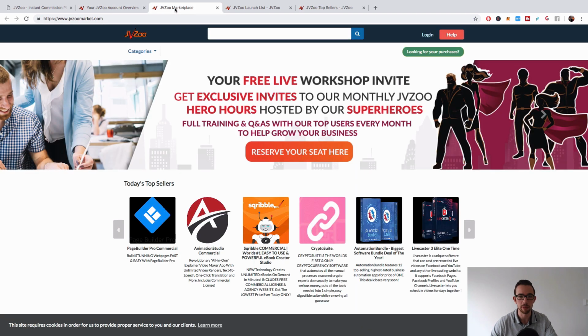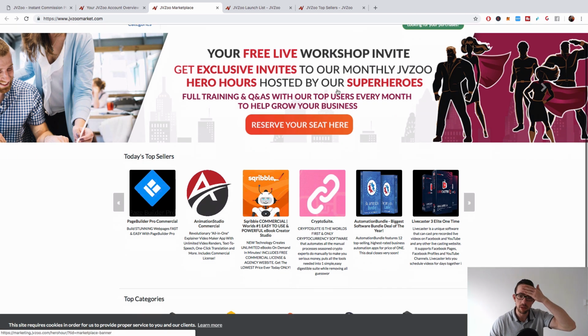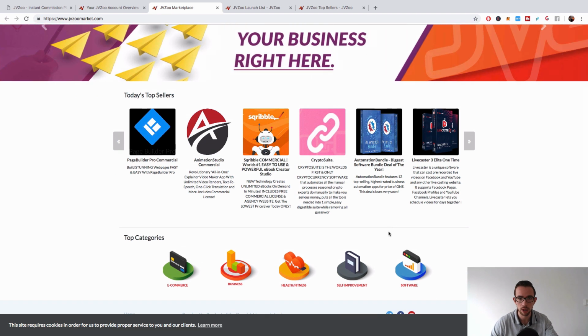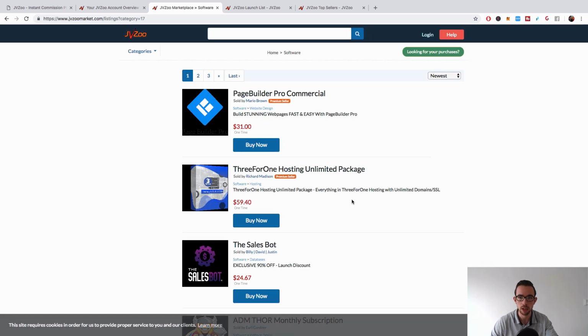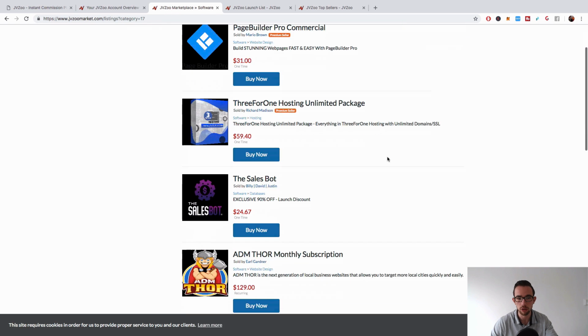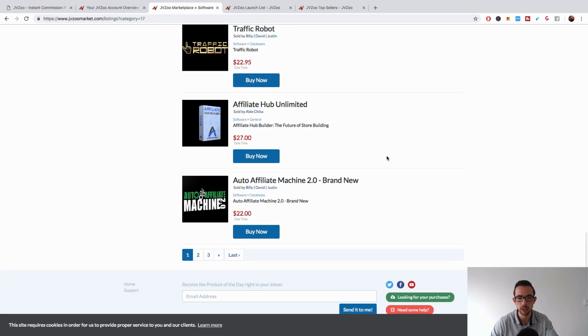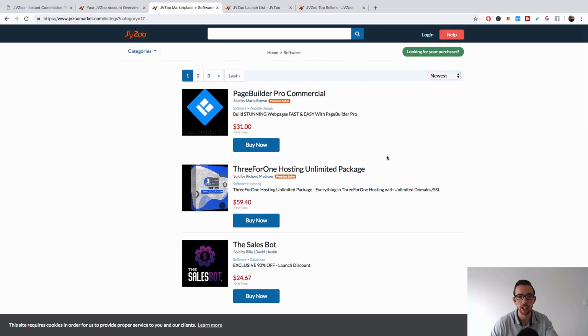Let's have a look at the marketplace first. Right, so top categories are e-commerce, business, health and fitness, self-improvement, and software. Let's just see what we can get for software. So here is actually where you can have a look at what the products look like when you buy it, the actual marketplace. Basically, you're going to send your affiliate link, it's taking them not here, but actually to the